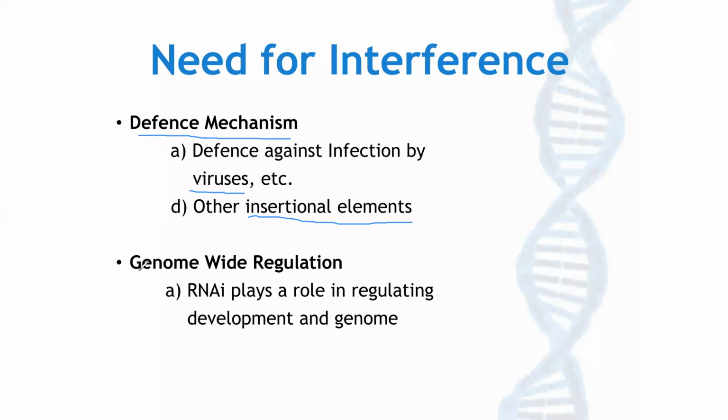And then second, we have genome-wide regulation. In the case of genome-wide regulation, we can use RNA interference to investigate or regulate development in the genome. You see, we have some genes that are important in terms of human development, like growth hormones, or we have some proteins that we don't even know their functions. So you can use this RNA interference to be able to regulate or understand the functions of a